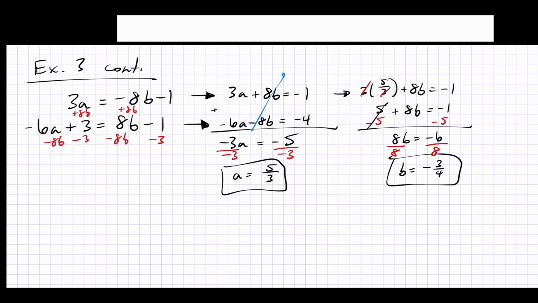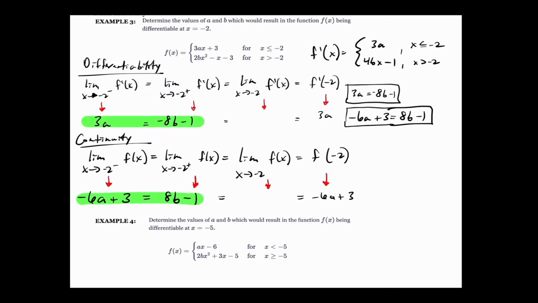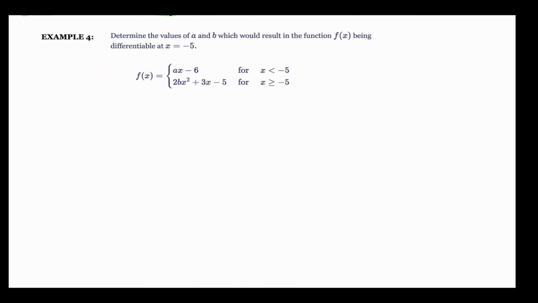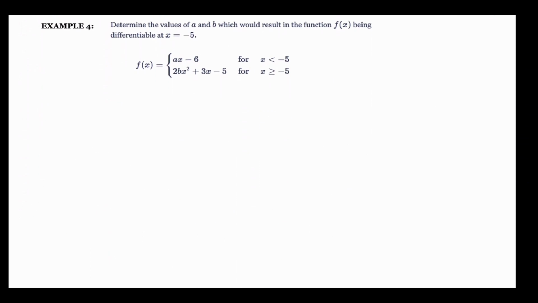We've done all of that before, just with continuity though. These are prime for free response questions. They like these types of questions for free response questions. So I'm going to give you another one on your own. I'm going to give you number 4 to do on your own. Okay? I'll give you some time to do